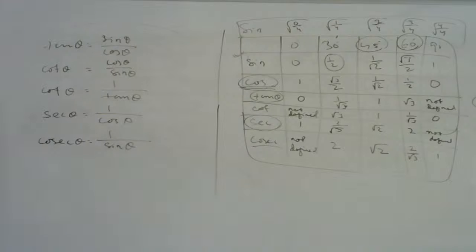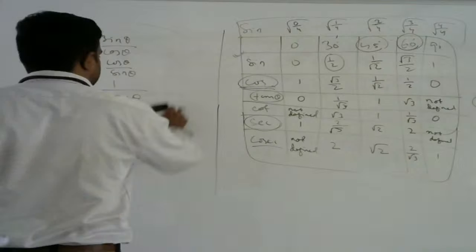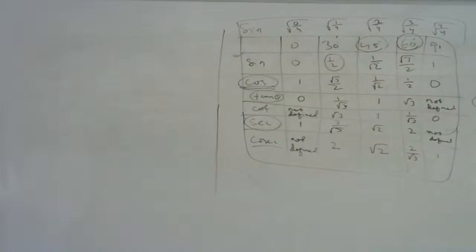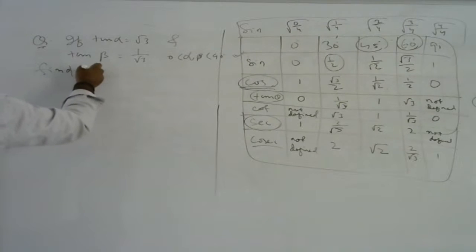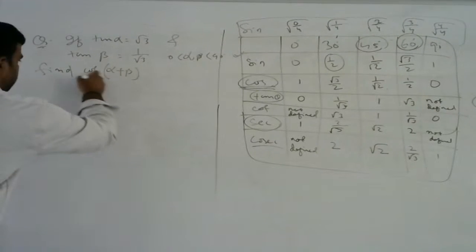So let us solve one problem. The problem is, if 10 of time for alpha plus beta. Now there is a